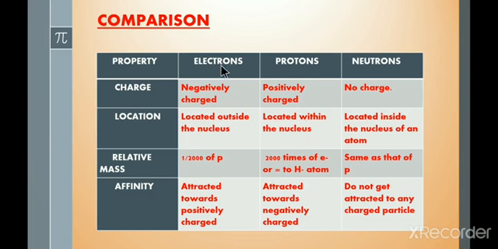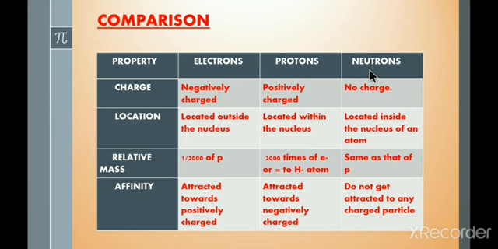As these are negatively charged particles, they will be attracted towards the positively charged anode, and protons are positively charged, so they will get attracted towards the negative charge. Neutrons do not get attracted to any charged particles because they are neutral. So students, here we have achieved our second learning outcome, that is, now we can compare the properties of electrons,